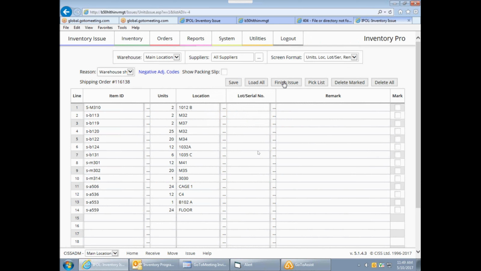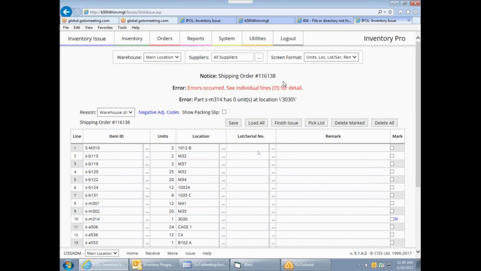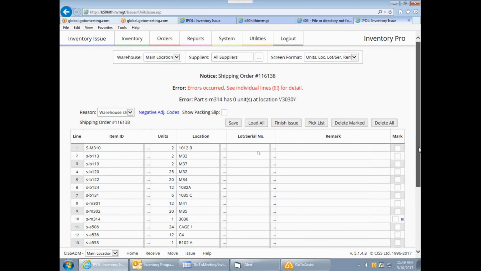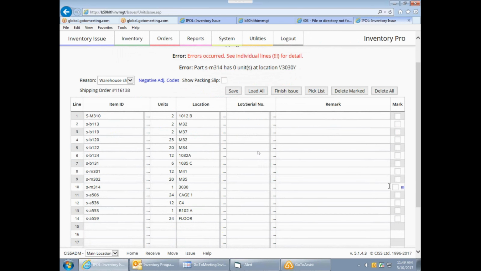Okay, so you don't have to click load all. What load all does is, if you don't choose a location, see, M314 has 0 units there. So let's go to M14. Now you can just choose, go to the button